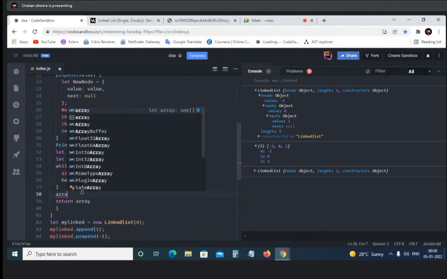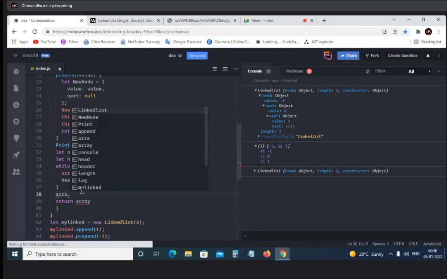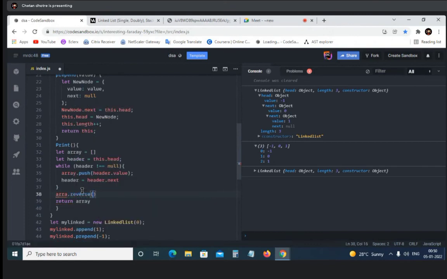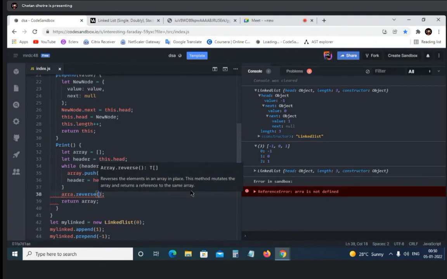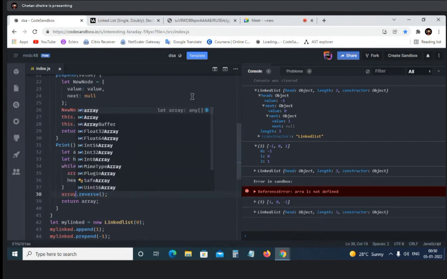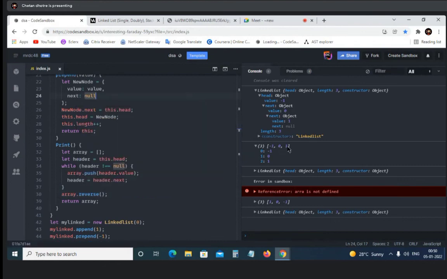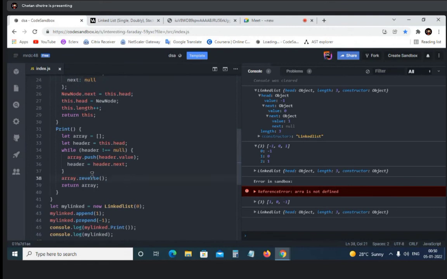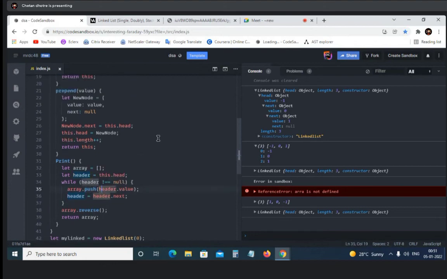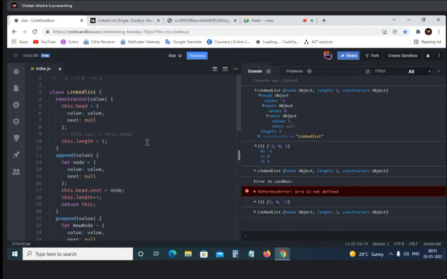So what we can do is just say array dot reverse. As we do that, okay, there is I think a y remaining. Okay, now it's done. So now as you can see, -1 0 1 becomes 1 0 -1. So that is reversed. In here, I have been using the built-in functions from JavaScript, which are reverse, which is used to reverse an array, and push, which pushes the elements inside the array. Okay, so this is the linked list that we are talking through.